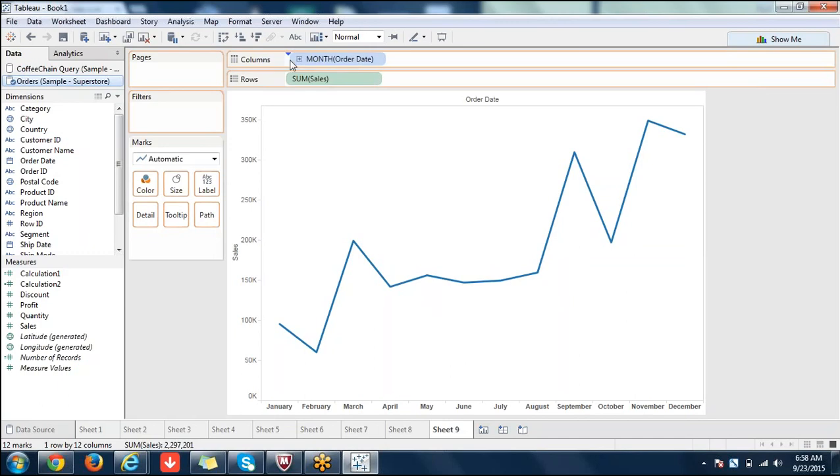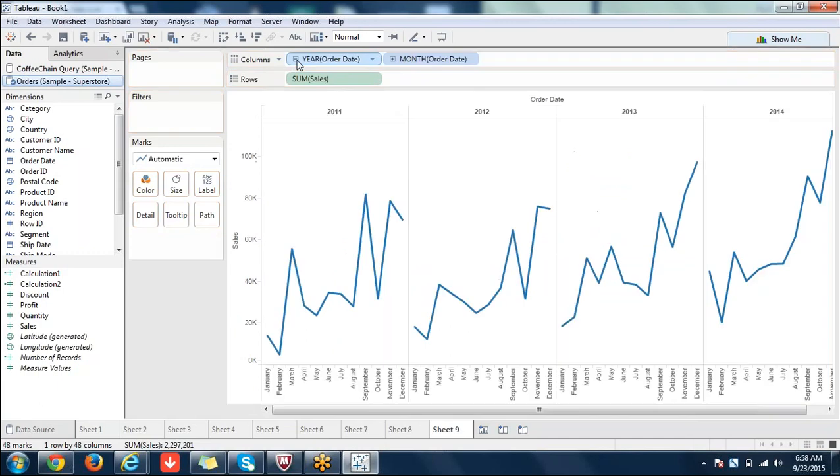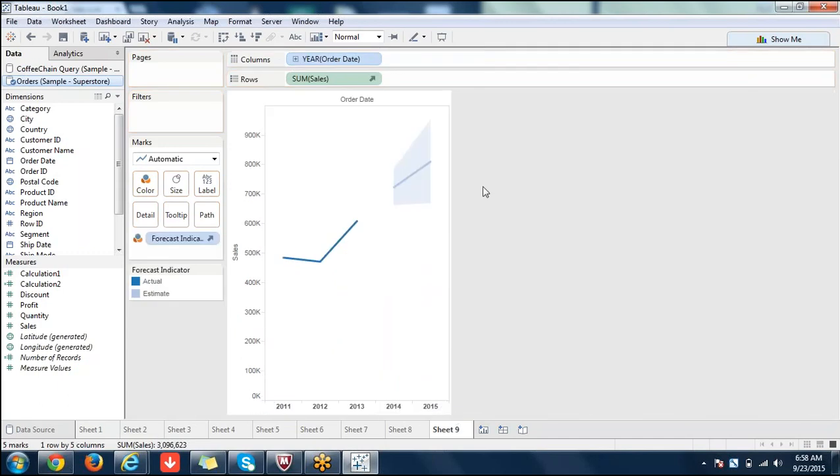You see that the forecast for next year, that is, data is there only up to 2013 end, but for 2014 and 2015 it's trying to forecast. The shaded part is the forecast. Okay, but for a forecast you should have enough information, that is data. If data is not there, it's a bit difficult to forecast. Okay, whenever you see a forecast, you'll see a line like this. Okay, an arrow like this. Okay, you're seeing that. That arrow shows the forecast and it will be a shaded part. Okay, please remember reference lines are added only on a measure axis, and trend lines can be added only to line charts or such, only where date fields can be used.